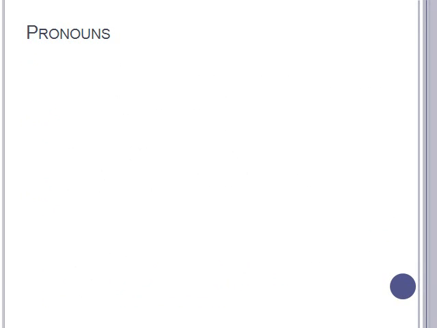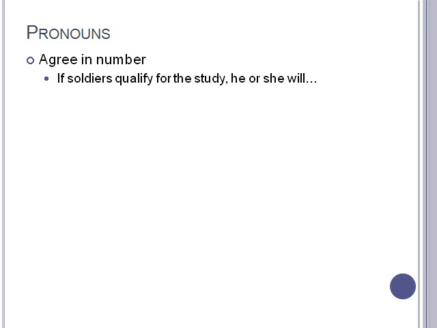Okay, let's look at pronouns now. A couple things about pronouns. They should agree in number with the nouns that they replace, that they're taking the place of. We'll look at a couple of examples, see what you think. So, if soldiers qualify for the study, he or she will, yada yada. Now you can see the person here is trying to not use gender-biased language, but the he or she refers to soldiers, and he or she, that's a singular pronoun. It's singular he or singular she, which can't be used in place of a plural noun,